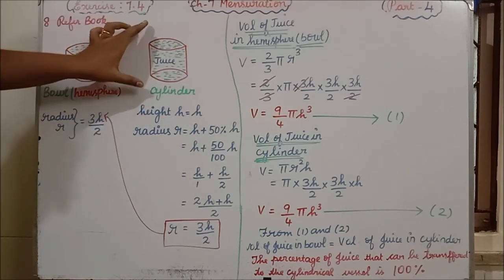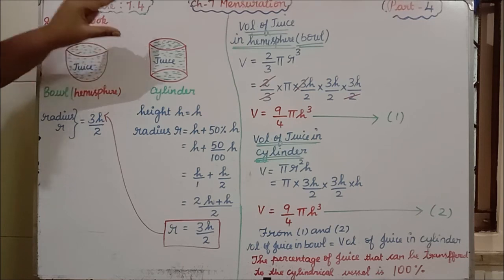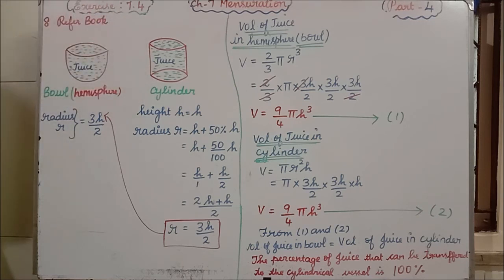So now, if you see, they are talking only about the cylinder. The radius of the cylinder is 50% of the height, they were saying. If the diameter is the same for both the bowl and the cylinder, what are they saying? The diameter is the same for both the bowl as well as the cylinder. When the diameter is the same, then obviously the radius is also the same. So the radius of the cylinder that you get is the radius for the bowl also. Clear?